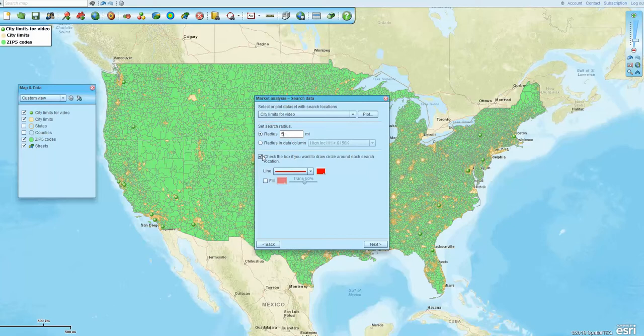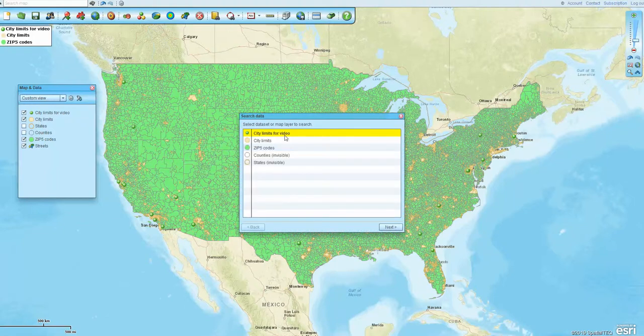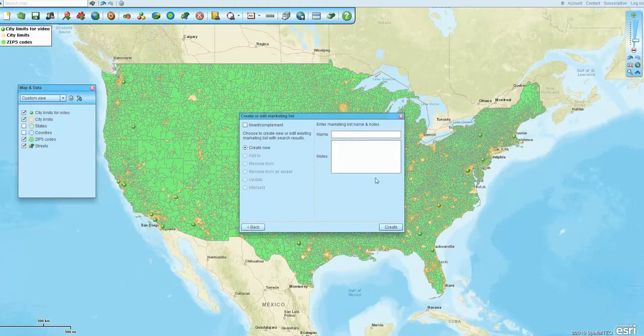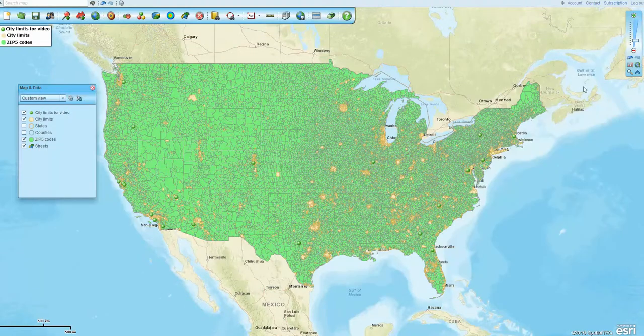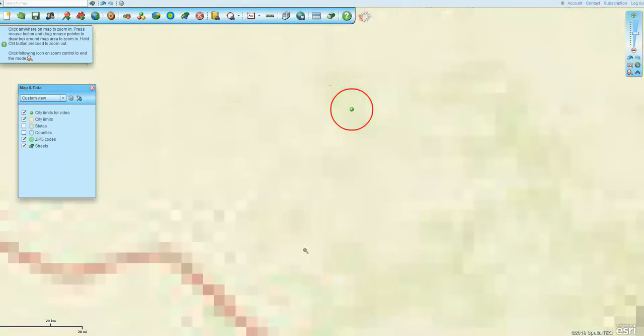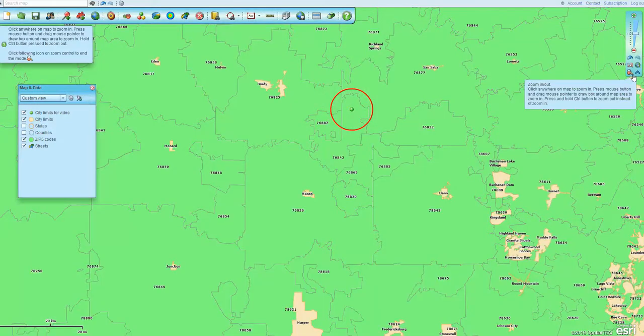And I can check this box. I can do up to 200 locations at one time. And so I'm going to click next. And I'm just going to click to search the city limits that I brought in and create a marketing list X, which I'm not really going to use. I'm more going to use the circles more than anything else. And that gives me, if I zoom in to any given location here, a 5 mile circle